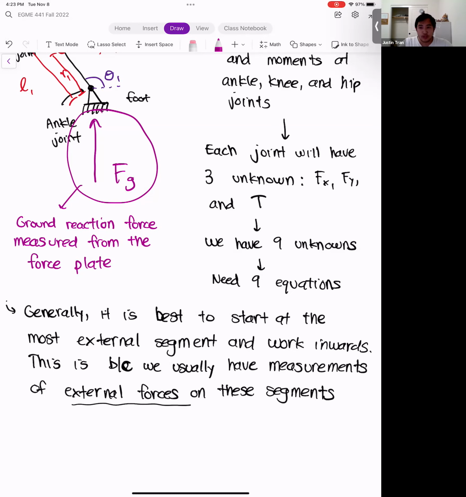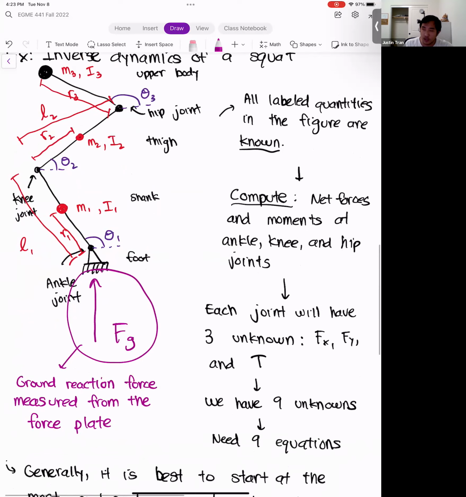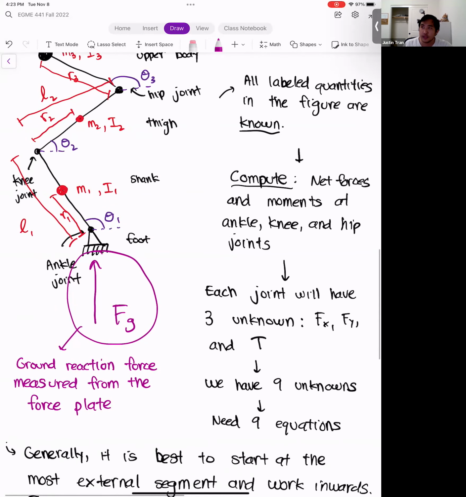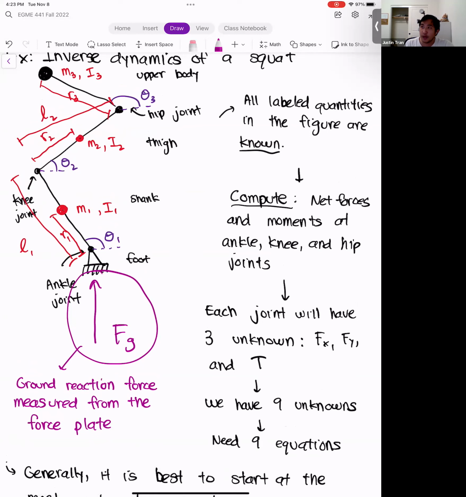All right, so usually you're going to want to start at a location like this, but sometimes you're going to be in places where you don't have external force measurements. And actually the homework problem is like this as well. And so in those cases, you're going to want to start in the opposite place, where you can measure the gravity force. In the homework problem, we don't have a measure of the ground reaction force. And so you would start this analysis on the other side, because what you can say is that the upper body is exerting an external force on the lower body segment. Okay, but that's for the homework problem.